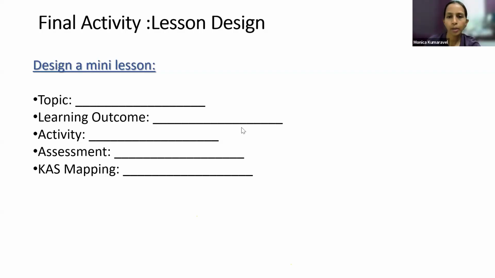Okay. Also, the activities are very good, and you have to include some authentic assessment along with KS mapping in your lesson plan. Okay, that will make your lesson plan complete. But otherwise, your lesson plan is good, except that the learning outcome is so heavy. So think about that and break it, and make sure that you're able to complete that learning outcome within one session. Okay.